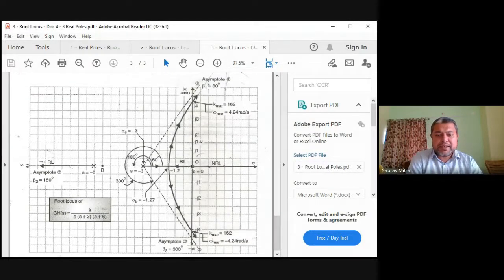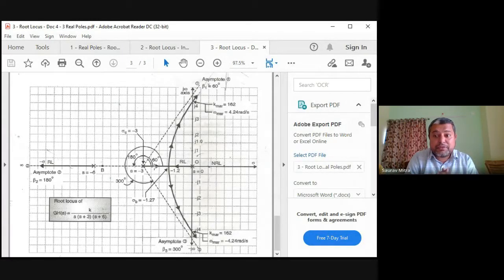So you are finding that at K equal to 0, the poles are at S equal to 0, S equal to minus 3, S equal to minus 6. You increase the value of the gain. So this minus 6 will keep on going in the negative side. So this is always stable, no problem with that. S equal to 0 and minus 3 are conditionally stable. So for K equal to 1, this may be here. K equal to 2 here. Likewise, we are increasing the value of K.